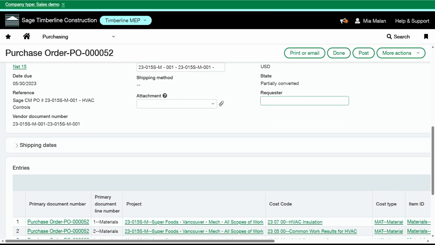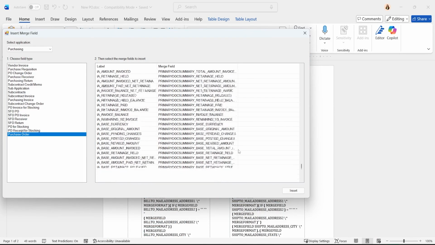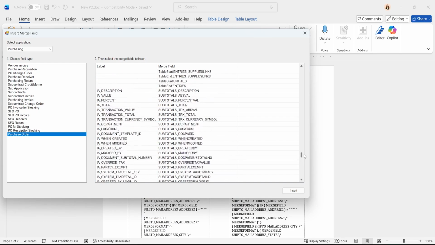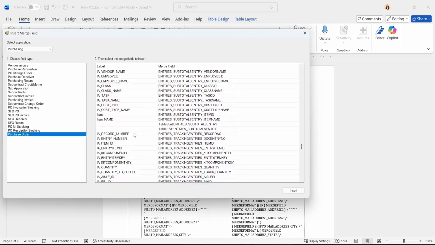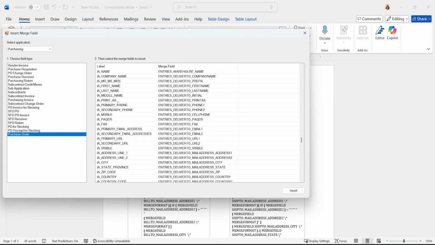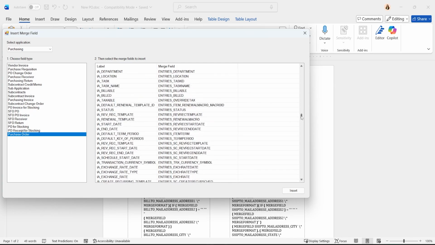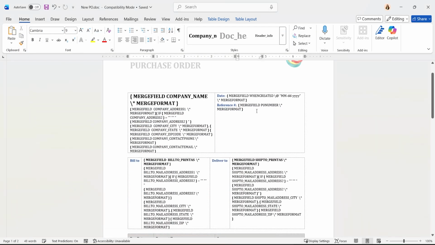So let's go back into our Word doc and our table. Somewhere within these fields, it will say requester. If you add a custom field and you want to put that on your form, you need to log out of Word, and then once you log back in, it will be added. And unfortunately, you can't search in here, so you have to find it. So here I have requester, and I actually want to add my requester.